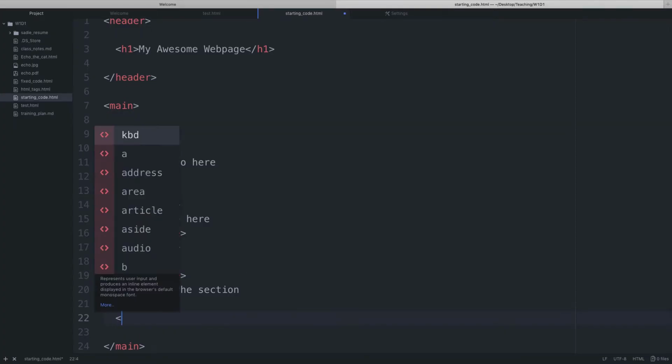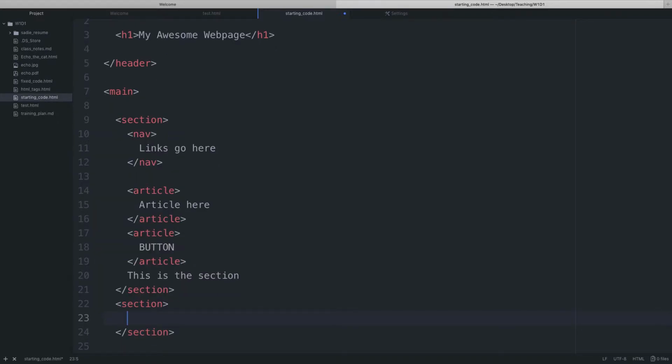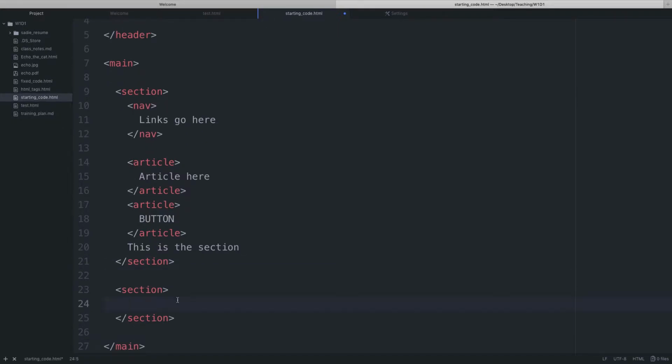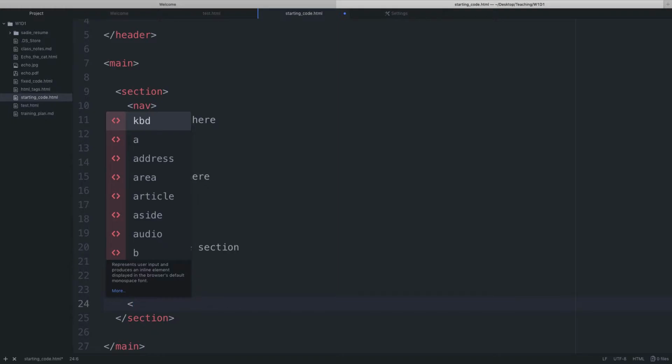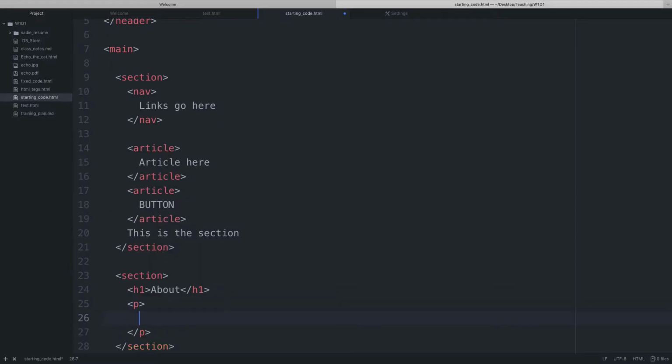So we'll add another, I'm going to say another section, because that's what we've kind of been going with. Well, so now we've got two clearly defined sections. And we'll go H1, about, and P, and